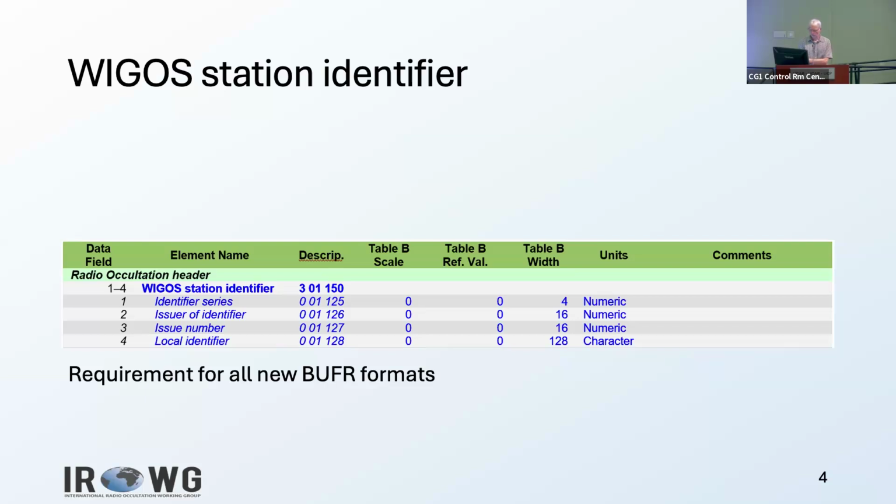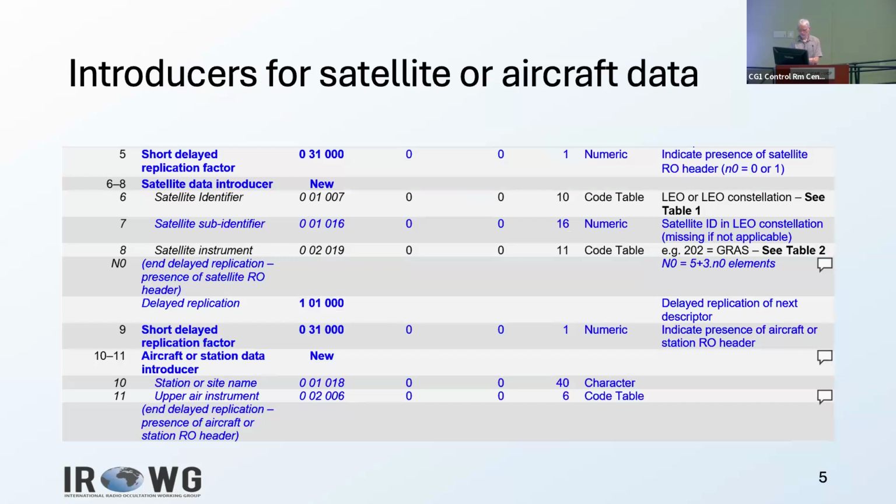The first one is the WIGOS station identifier. It's required for all new BUFR formats, so there's not so much we can do or say about that. This is a new thing in the new BUFR. So we have some introducers for satellite or aircraft data. We have changed the satellite introducer a little bit. It's going to be a new descriptor. It has 3 descriptors, and one of them is the satellite sub-identifier, which was included in the BUFR recently. Then there are some other identifiers that have been taken out of the current satellite data introducer and put somewhere else. We have done that because we then,